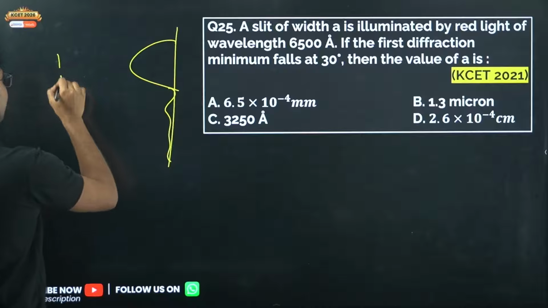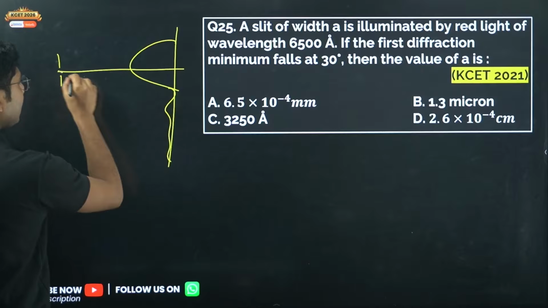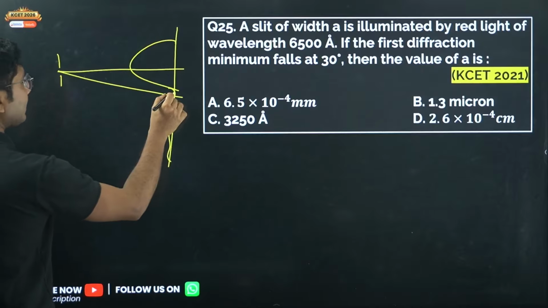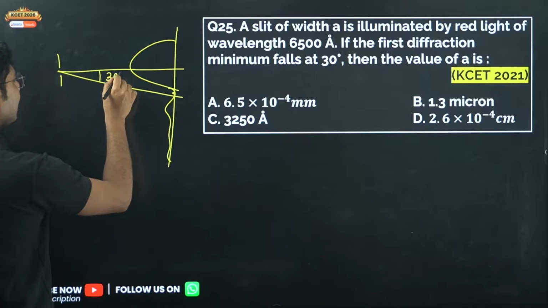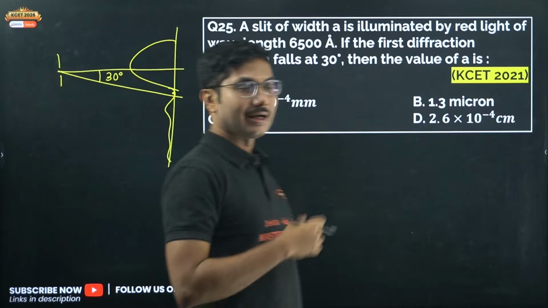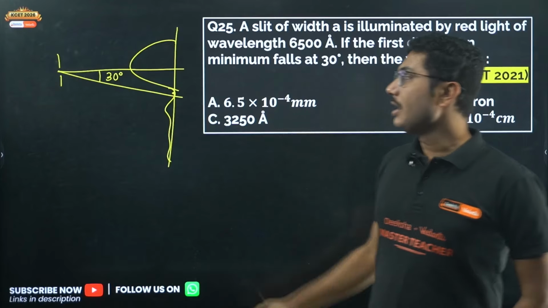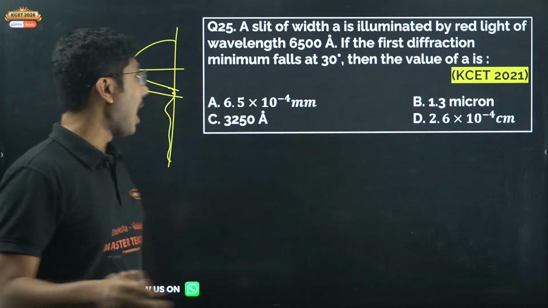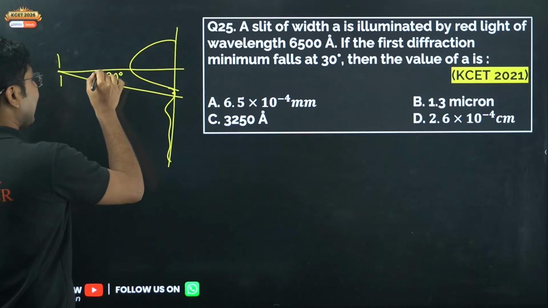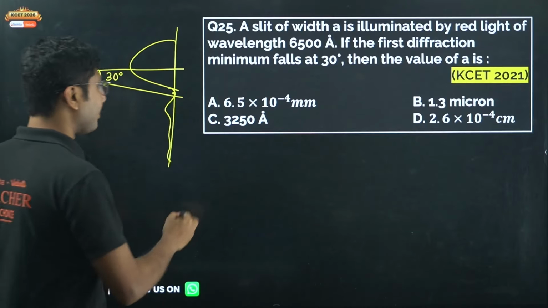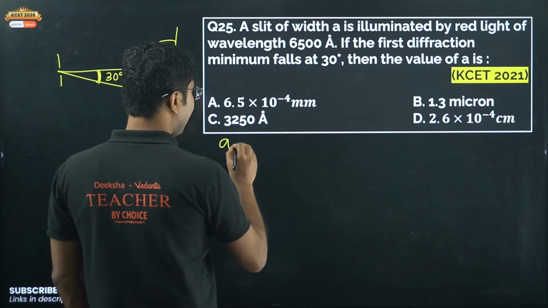Now it says that the first dark band is falling at an angle of 30 degrees. So we can take this angle as the half width of the diffraction pattern, and we know that